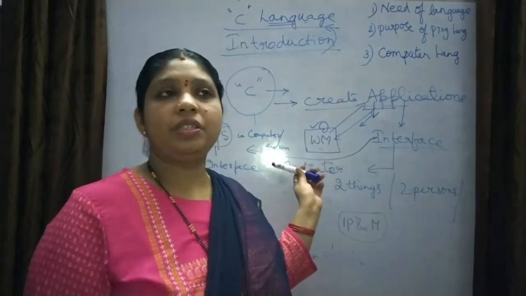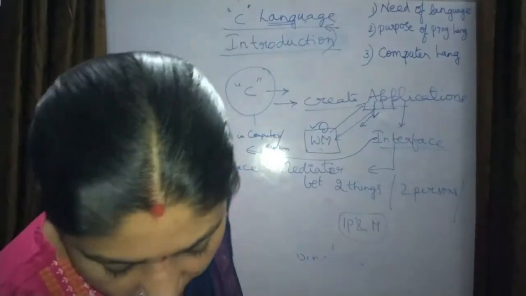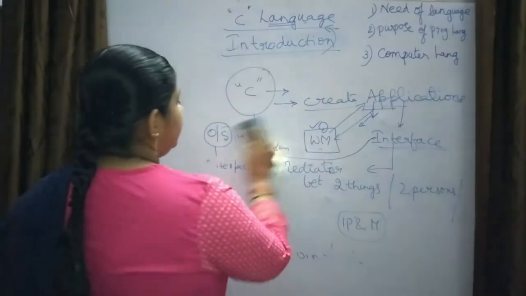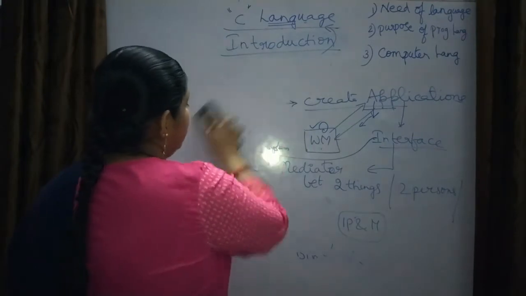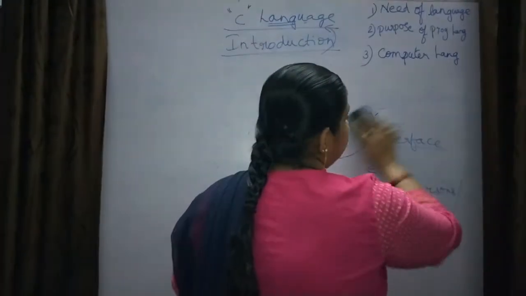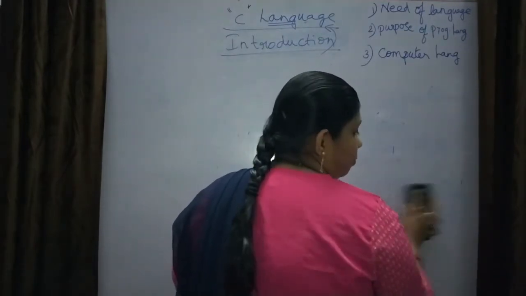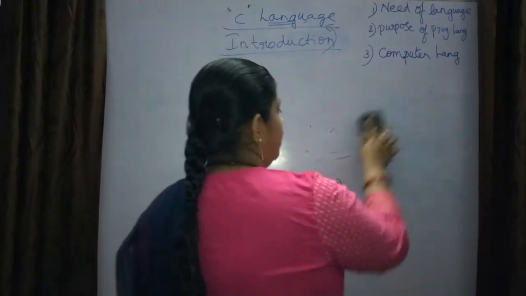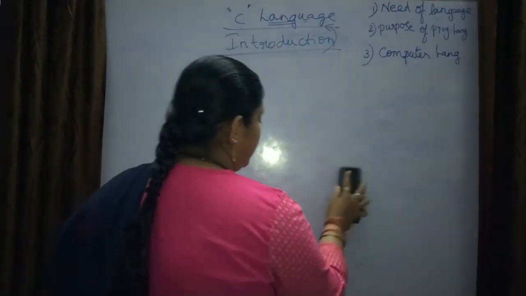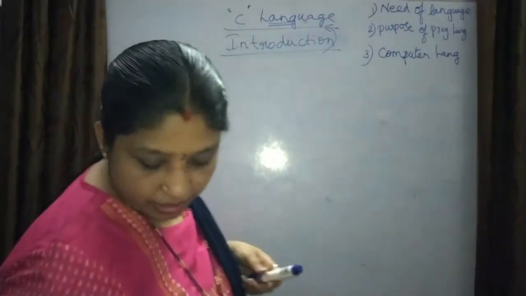So this operating system acts like an interface, and I am going to give one more example about the interface. For example, the ATM machine. I think you all know what an ATM machine is. Now, in banking systems,